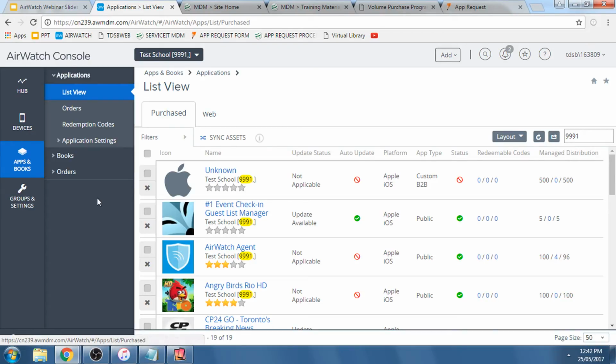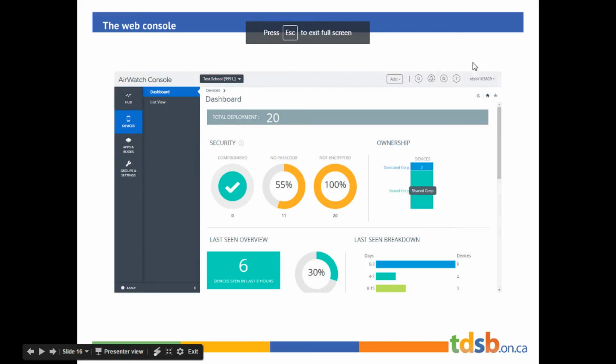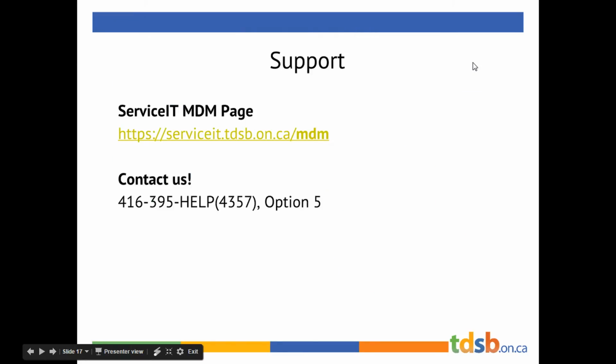So that was adding an app to your smart groups. And with that, I think that is pretty much it as far as the webinar goes. So I think the important parts that I want you to know is how to add an app and remove an app. But of course, if at any time you do have any questions, you can access our ServiceIT webpage